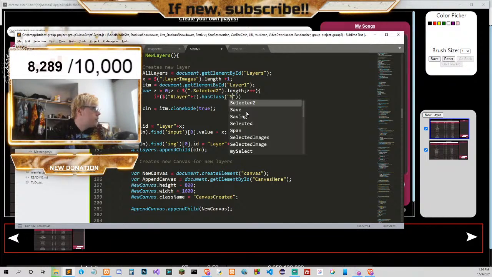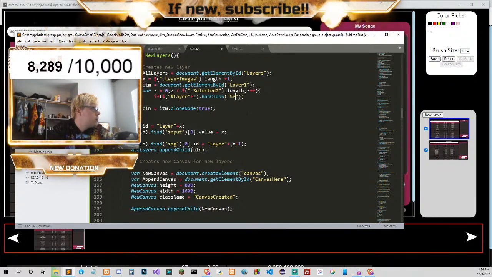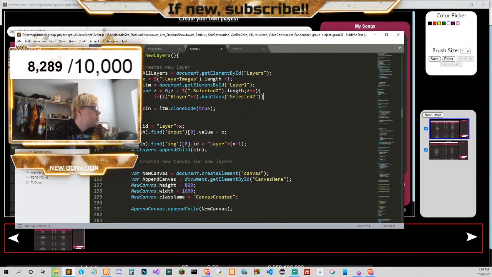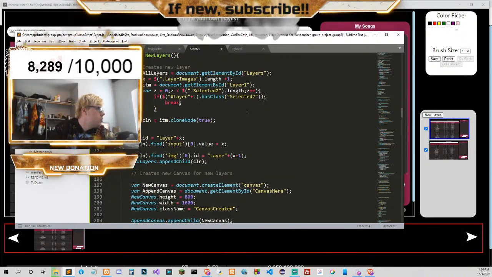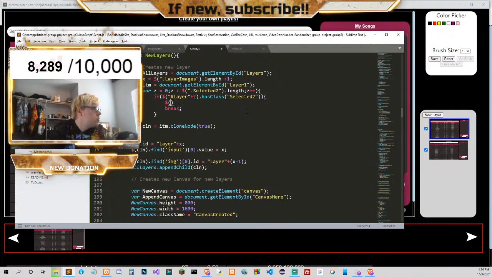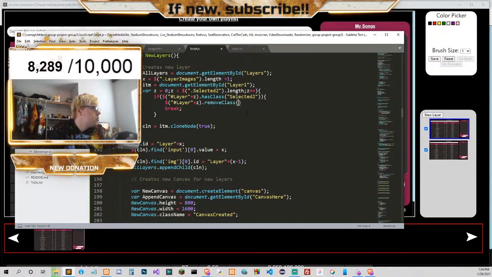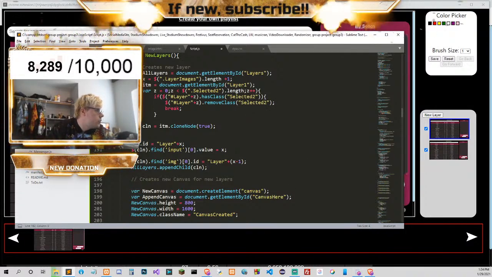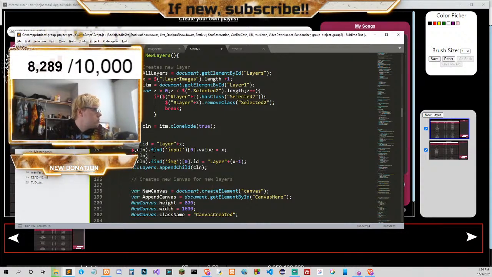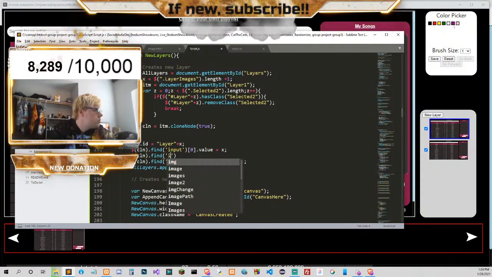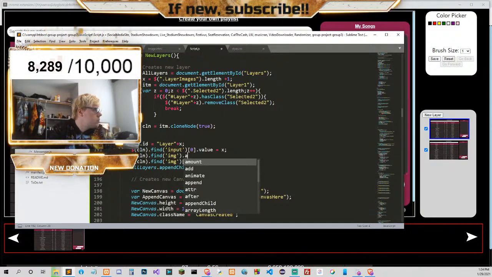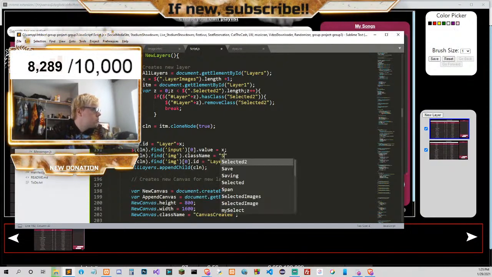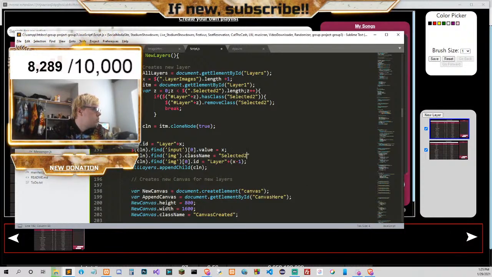Where did this hasClass selected? And then down here we just do this. So that takes care of that issue, I believe.